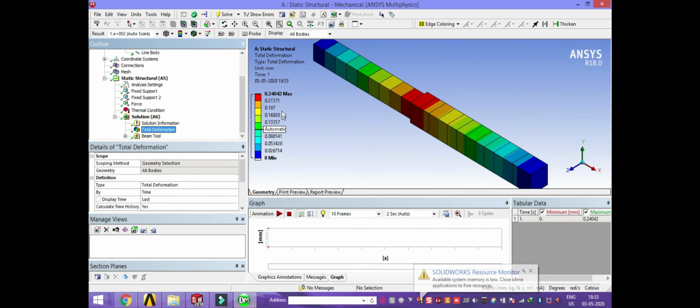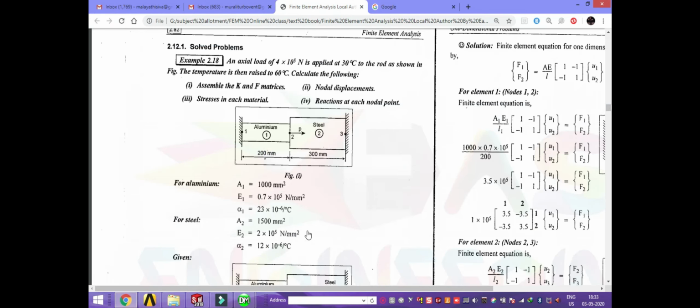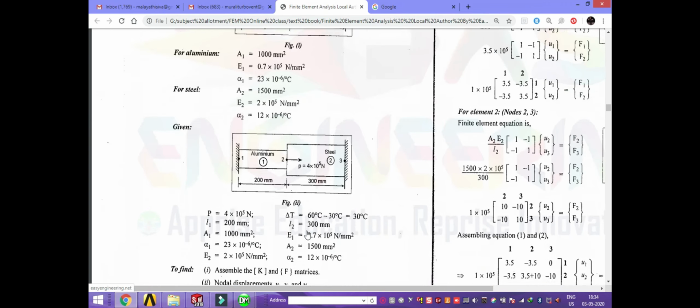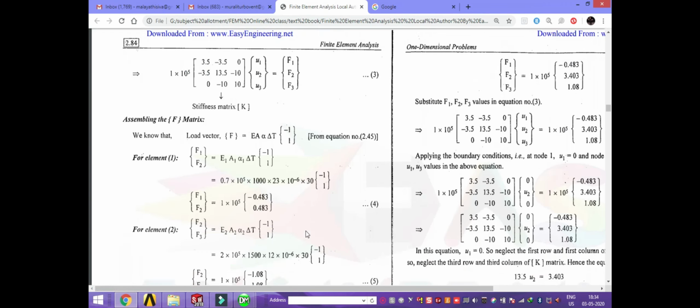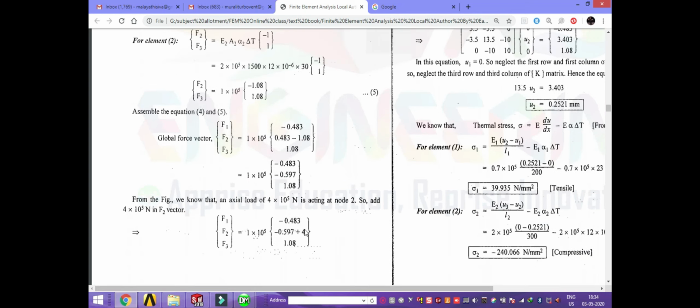Click total deformation. I am getting 0.24 mm. Now let's verify that answer. The maximum deformation here is 0.2521 mm, exactly at node 2.